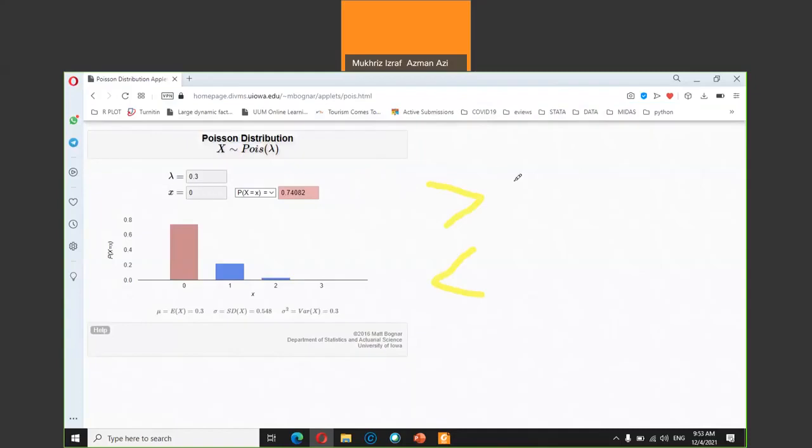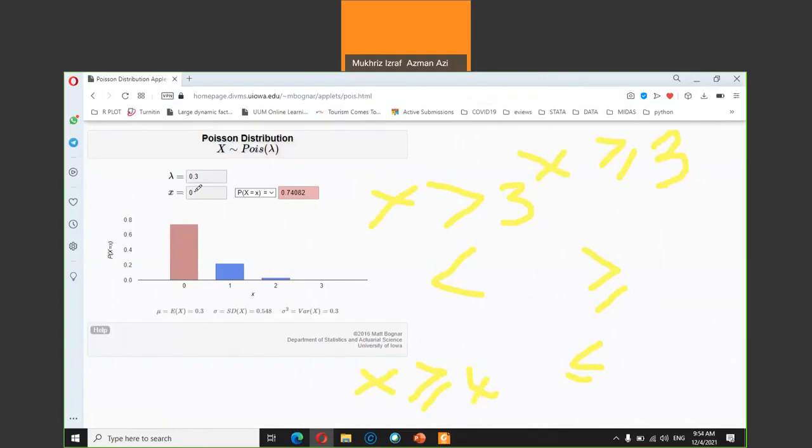For example, if you want to calculate x more than 3, then you can get it directly from the table here. Because the table only provides these two signs, more or equals to, or less or equals to. But if I want to calculate x more than 3, that means 4 and above, meaning 3 is not included, right? So 4 and above means x more than 3 is also equals to x more or equals to 4. Correct? Then you can use this one.